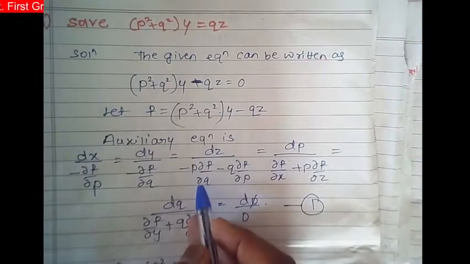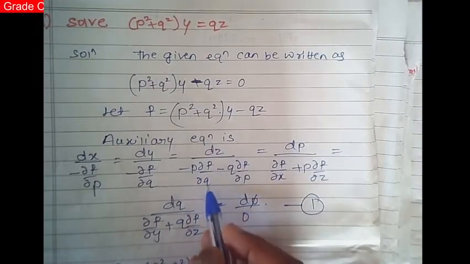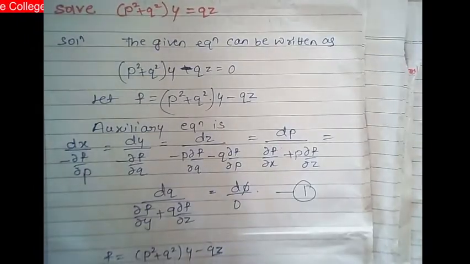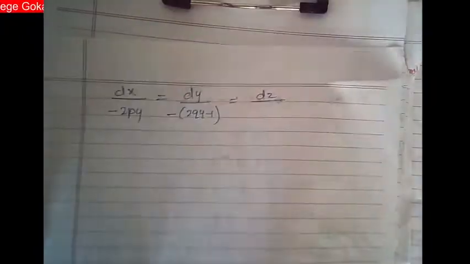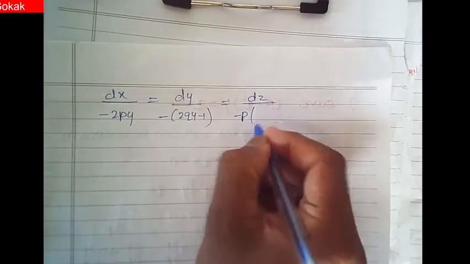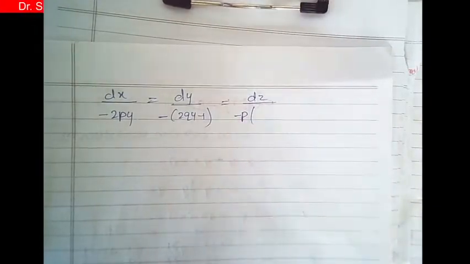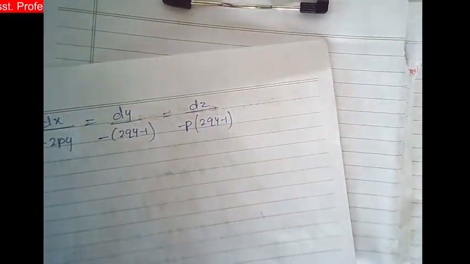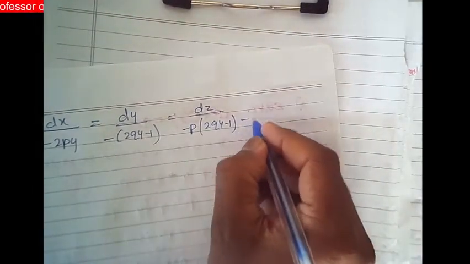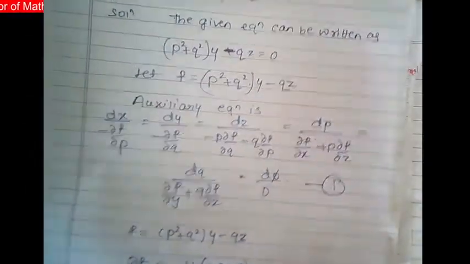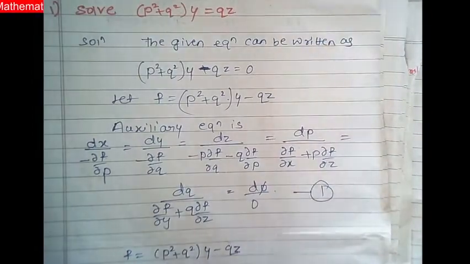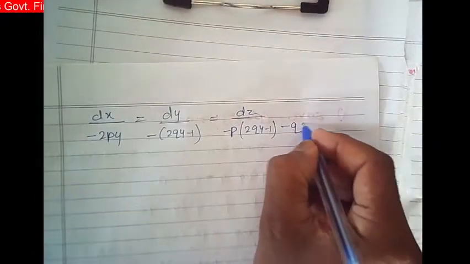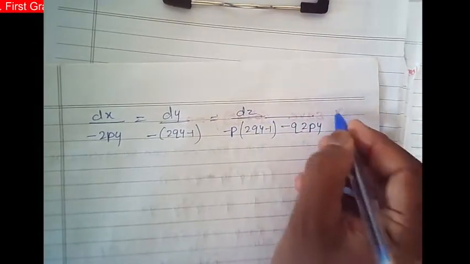Next dz divided by here minus p into dou f by dou q. So dou f by dou q is this one. So minus p into 2qy minus 1. Then minus q into dou f by dou p. So dou f by dou p is 2py into 2py is equal to